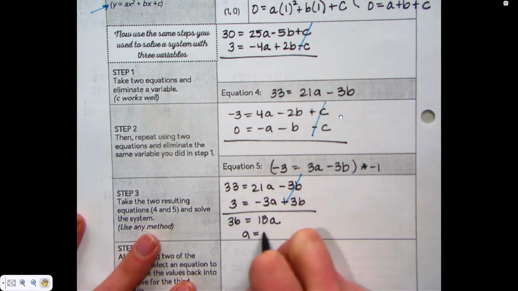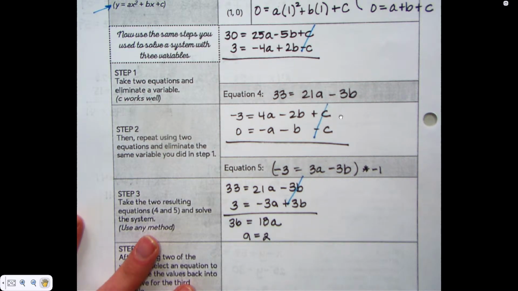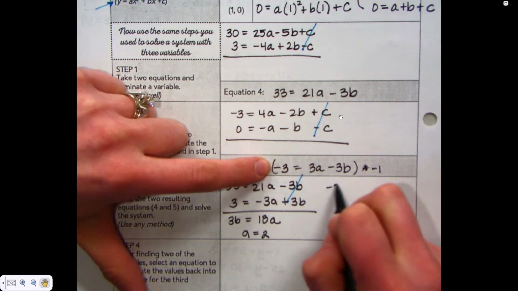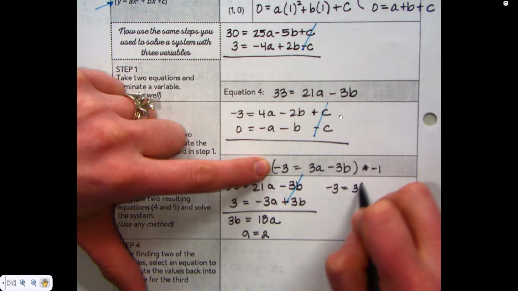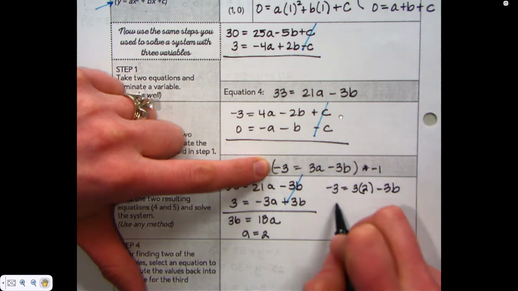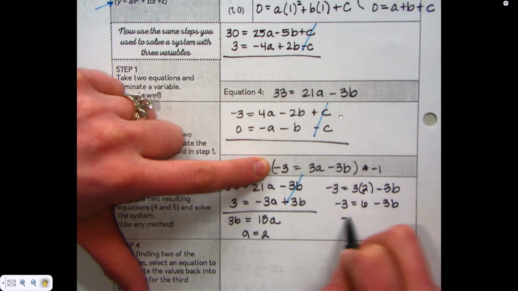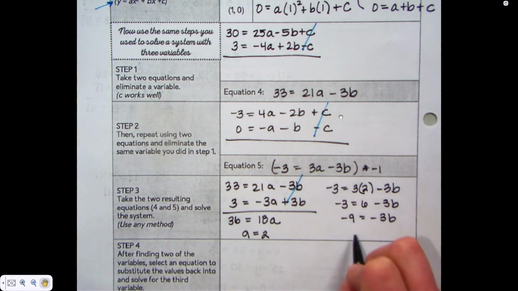A value equals 2. I can take that back and plug it into either of the two equations that I have left. Maybe I go back to equation 5. It's sitting right there. Minus 3. 3 times a would give me 6. Right? It's 3 times 2 minus 3b. So we've got minus 3, 6 minus 3b's, minus 9. I get my constants together, and at the end of it, I'll divide out by -3, and I'll have solved